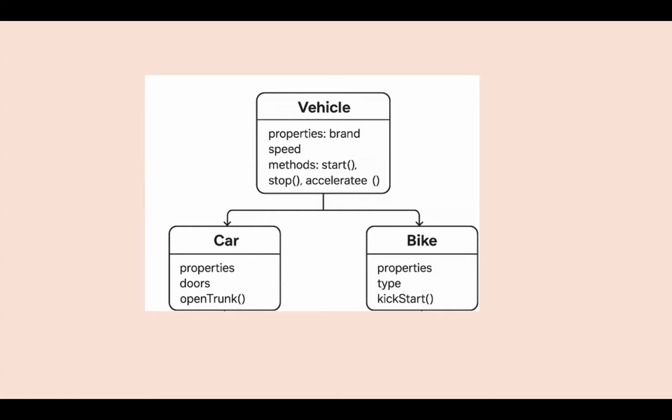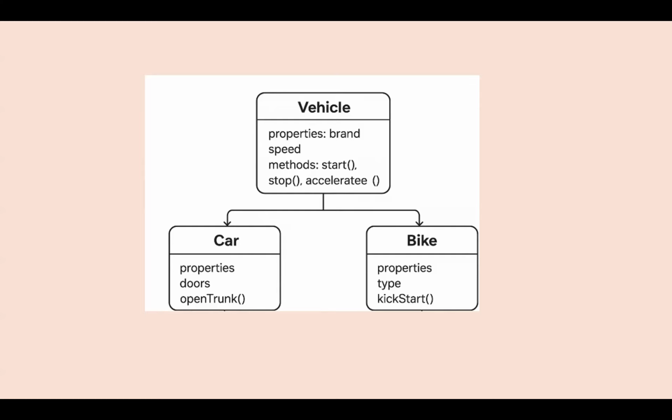If you look at the car class, you have brand and speed as properties. There is also a property which is unique to car, which you don't have in a bike. With respect to methods, in a car you have a method called open trunk along with start, stop, and accelerate. In a bike, you have a method called kickstart, which is unique to bike, and other methods like